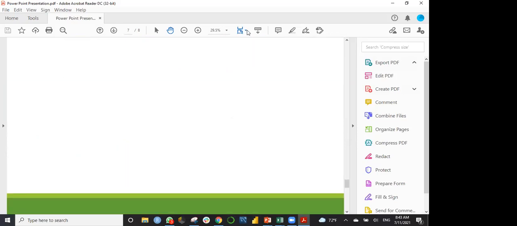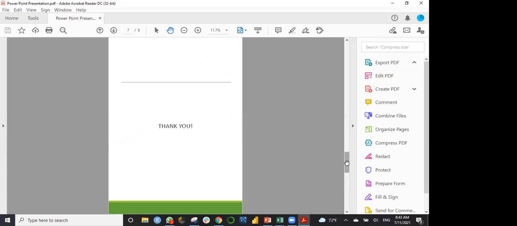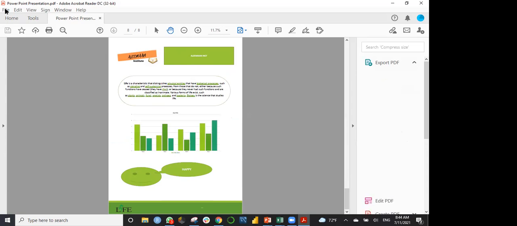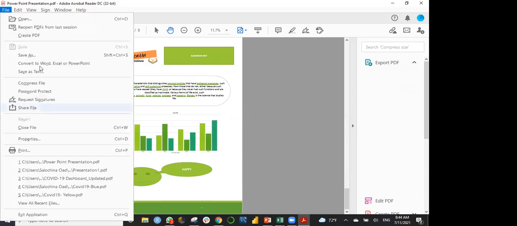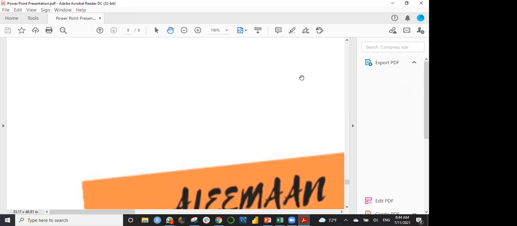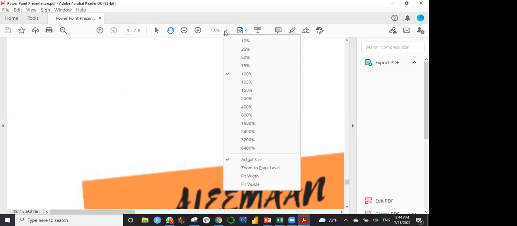I just go for fit to one page. This is our poster. So this is how we can make a poster, and just you go for printing, or you go in this one and go for the print option. So it's up to you what size you want. You can resize to 100% or whatever. So this was about the poster. Now